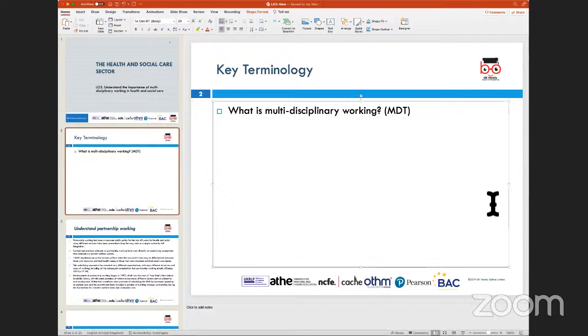And when this is being done as part of a team, as a group of individuals working together to help solve problems, offer solutions, and provide treatments to patients under the remit of health and social care, then we will term them MDTs, or multidisciplinary teams. These are a group of individuals working in different disciplines and areas, collaborating on one singular goal, that is to provide treatment to individual patients.